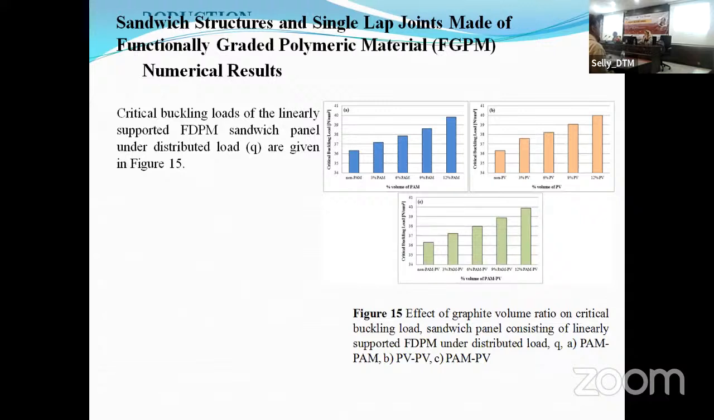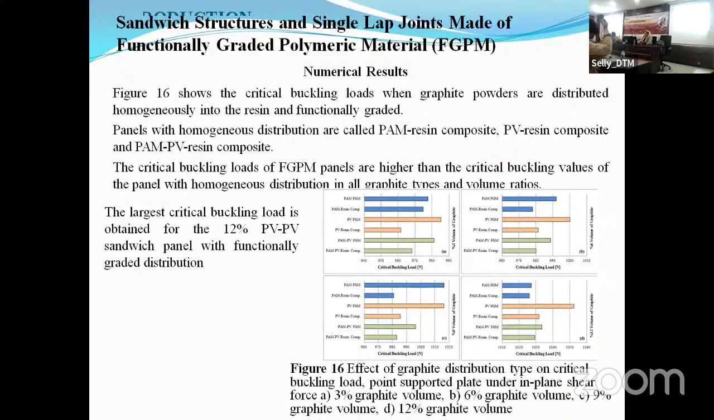Yes, the critical buckling load is linearly supported if you load the panel with a plane distributed load. We define the Q distributed load, and you can see the effect of adding graphite powder in the adhesive. Look at that, it's a good chart for understanding the critical buckling load. Please comment. In the first comment, it should be